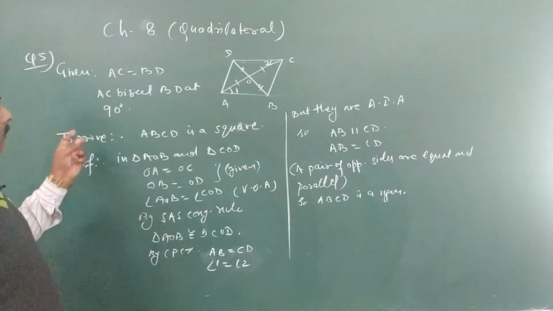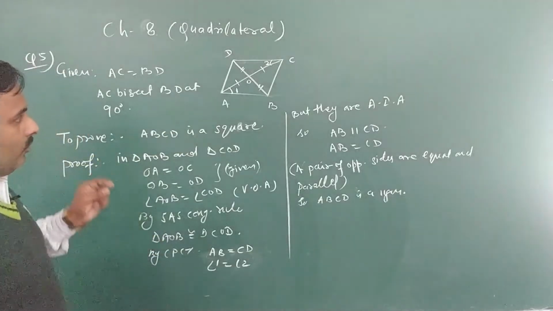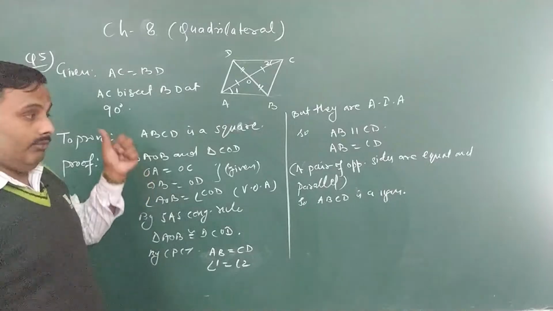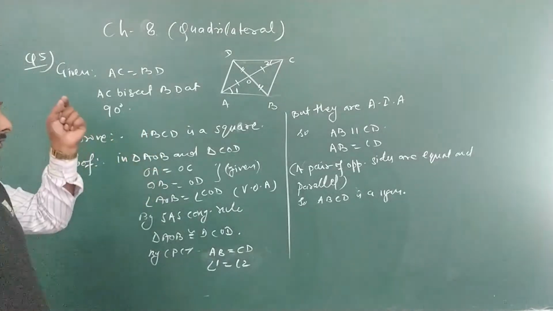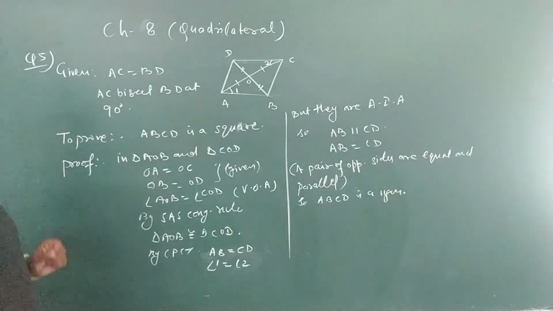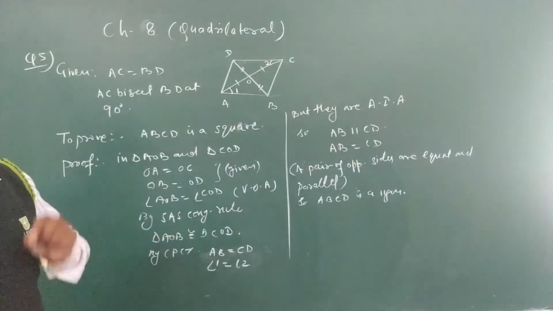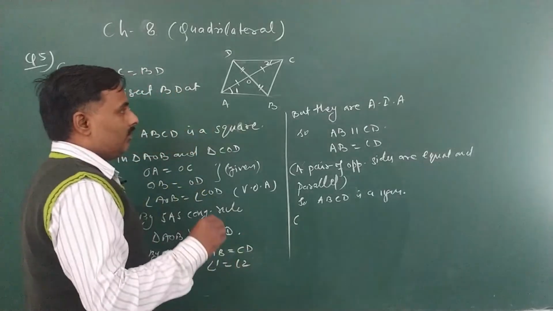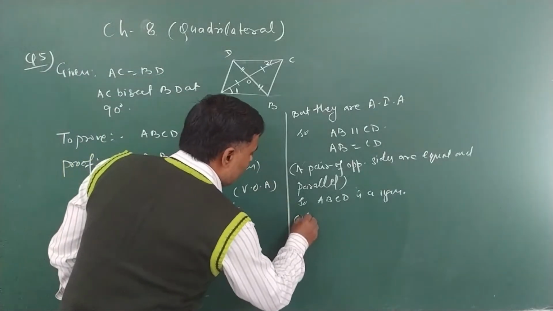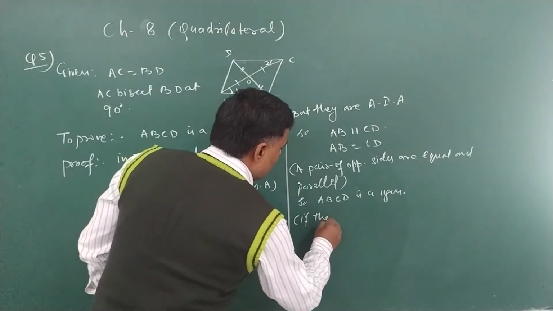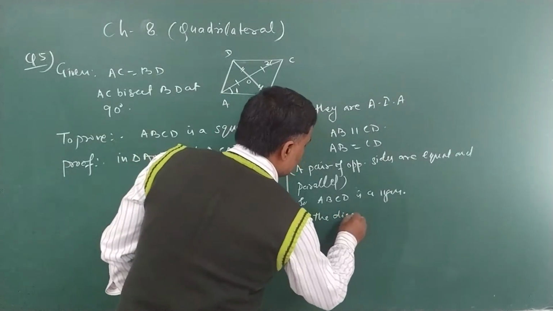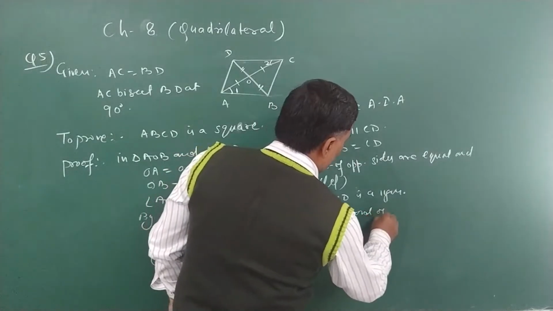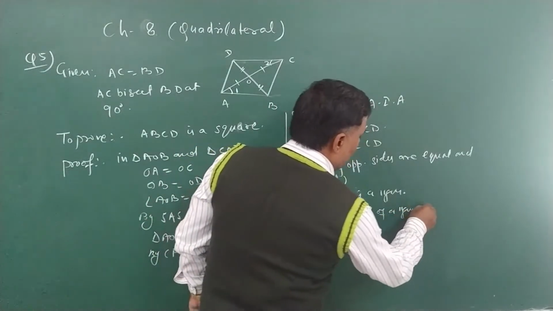Got it? We are proving it's a square. If the diagonals of a parallelogram bisect each other and they are equal, then it's a rectangle. And if the diagonals are bisecting each other at 90 degrees, then it will be a square. So we write down here, if the diagonals of a parallelogram are equal